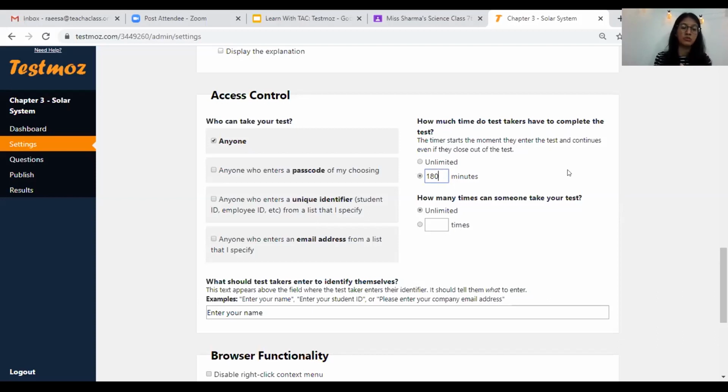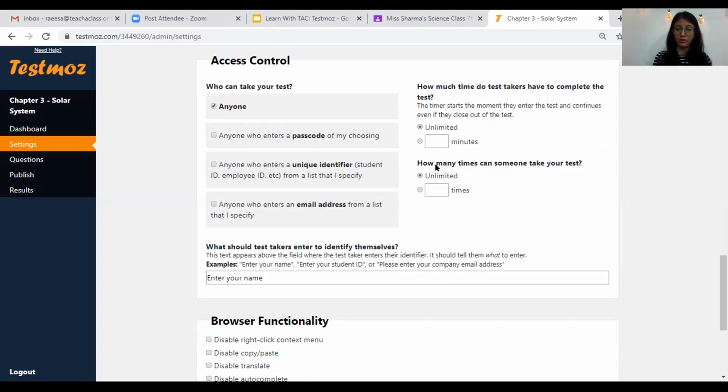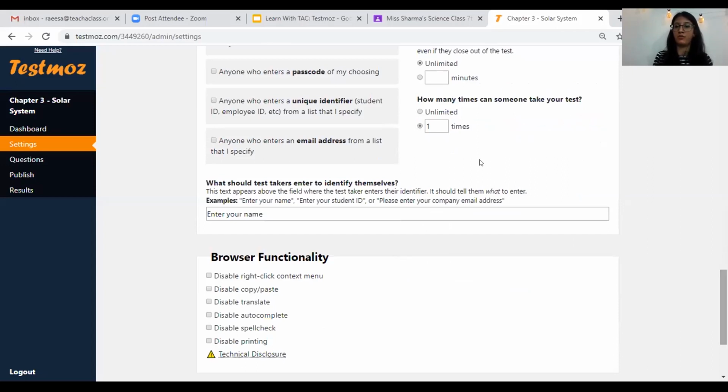But since my students are new to this online test taking, I'm going to keep it to unlimited minutes so that they take their own time to understand how this works and how to take the test. Now there's another feature over here which says how many times can someone take your test. Over here I would like to choose one time because I don't want my students to keep taking the test over and over again.